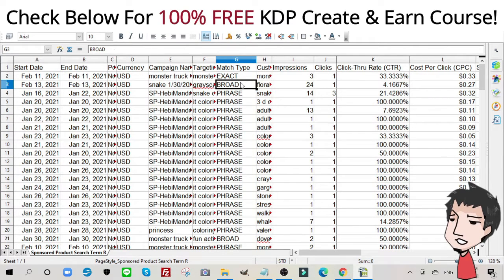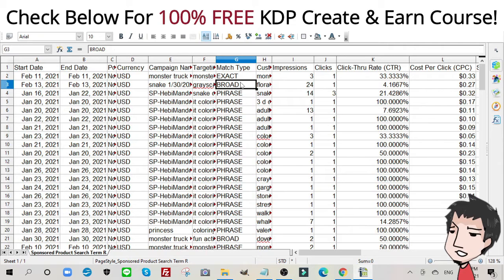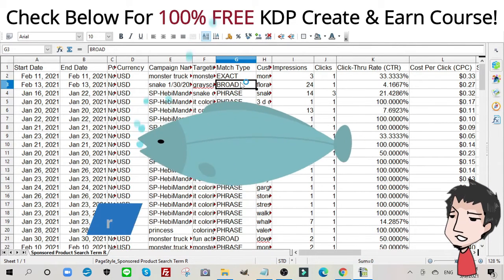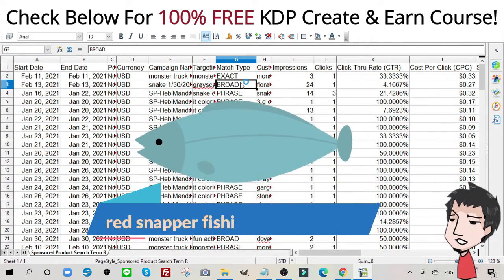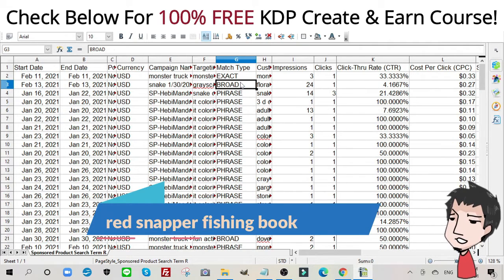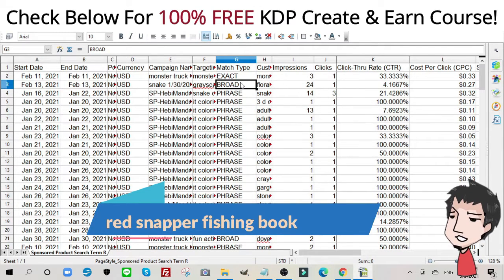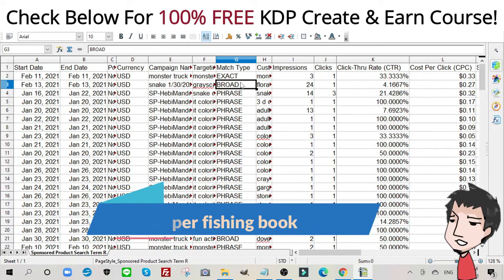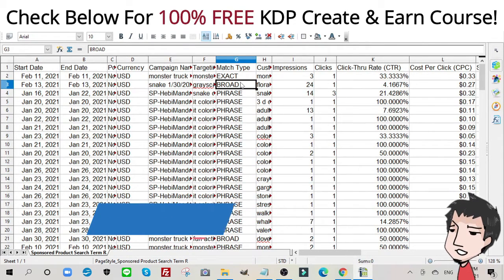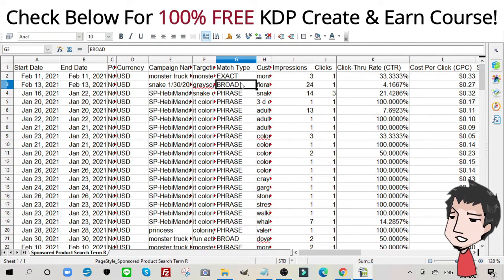So again, our keyword is fish coloring book. Broad match would be, let's say someone types in red snapper fishing book. Our ad might display for that keyword, red snapper fishing book. Why? Because red snapper is a type of fish. Fishing book is loosely connected to coloring book because they're both books, right? Of course, this is not our demographic, this is not our market, but nevertheless, our ad might display for